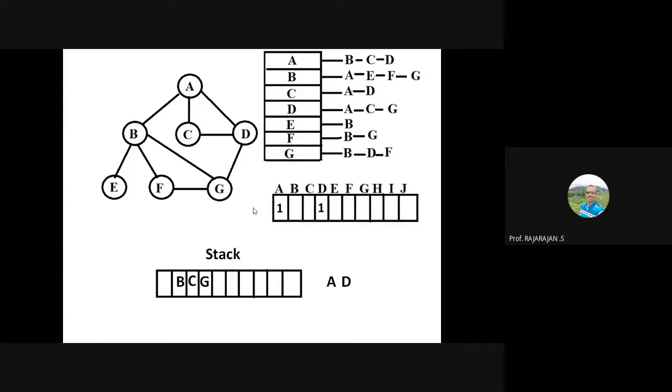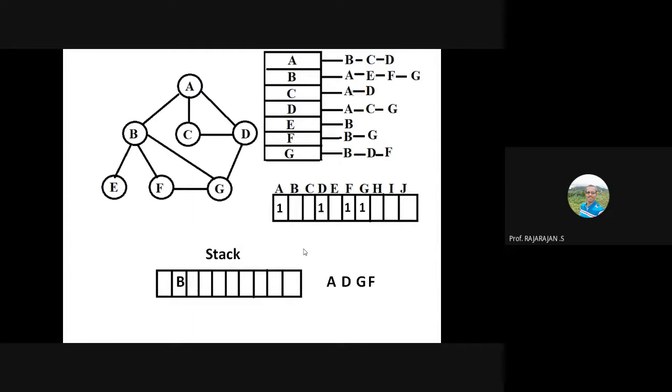Remove the top vertex from the stack, mark it as visited, print it, and choose the adjacent vertices of G and put them into the stack. In this case, we have B and F. B is already in the stack, so F is the new vertex. It's pushed into the stack. Now we do the same thing. Remove F, mark it as visited, and choose the adjacent vertices which are new. It does not have any new vertex. Both B and G are already included, so nothing needs to be done now.